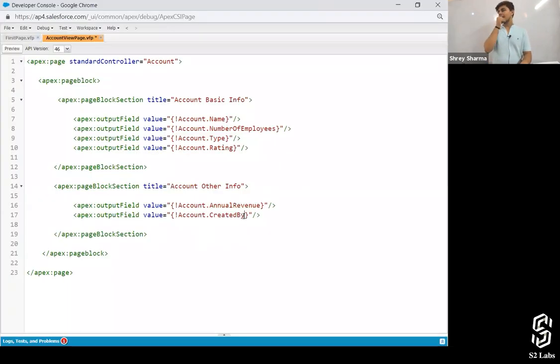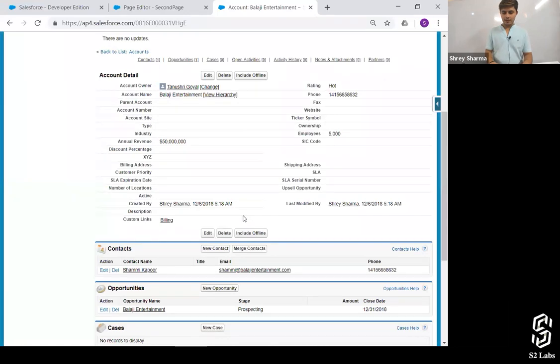So see, you guys were asking what if there comes an error in the page renderer? The page got saved, but when it rendered the page, it showed that error to us. It displayed that error there.